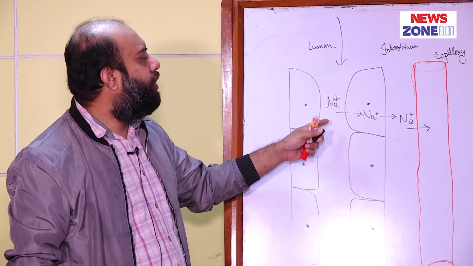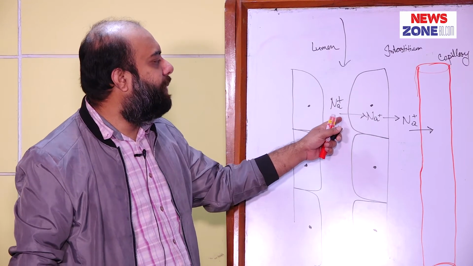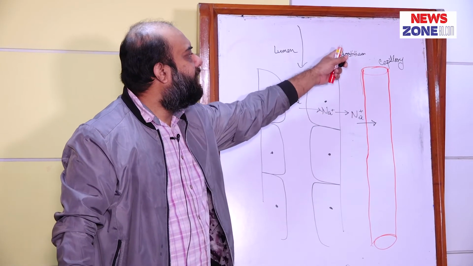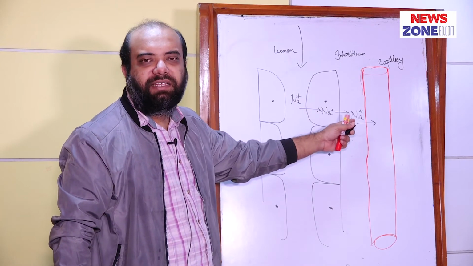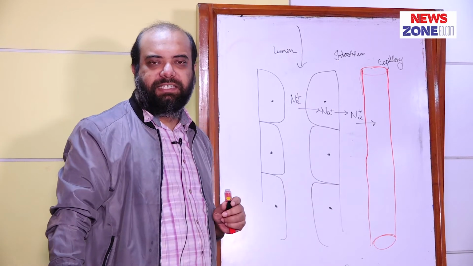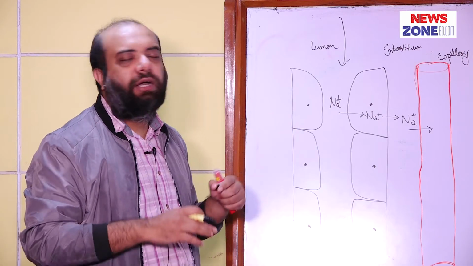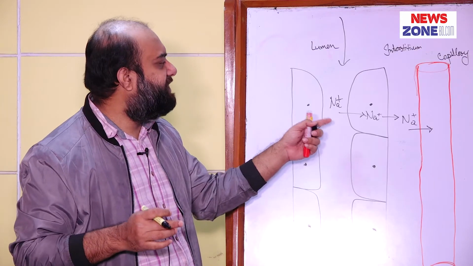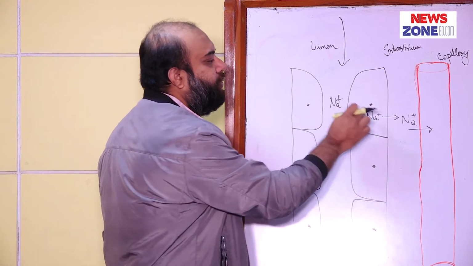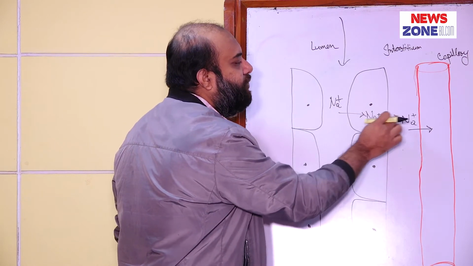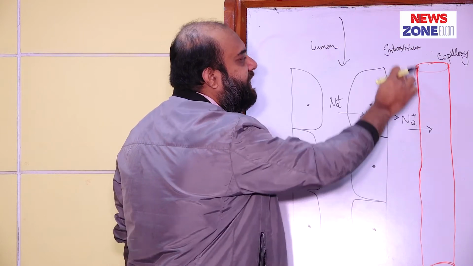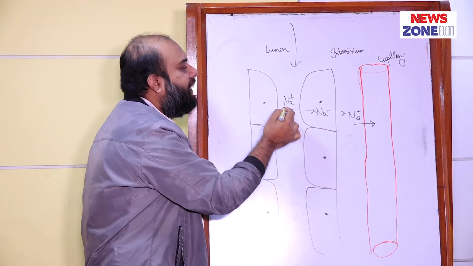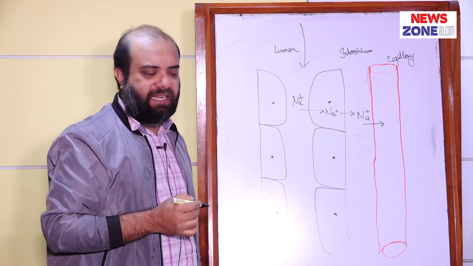So sodium ion at first will go from the tubular lumen into the renal tubular epithelial cell, and the renal tubular epithelial cell to the renal interstitium, and from the renal interstitium it will go into the capillary system, that is peritubular capillary. In the whole process of the sodium ion reabsorption mechanism, there are several steps. First step from here to here, the second step is from here to interstitium, and the third stage is interstitium to capillary. So by which process will sodium ion enter into the renal tubular epithelial cells?